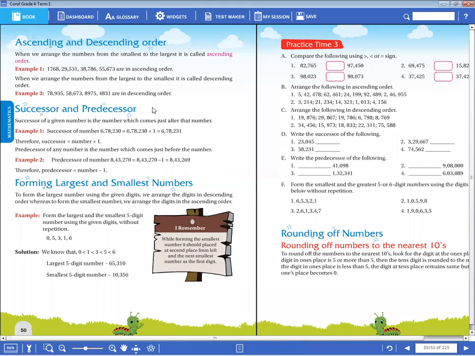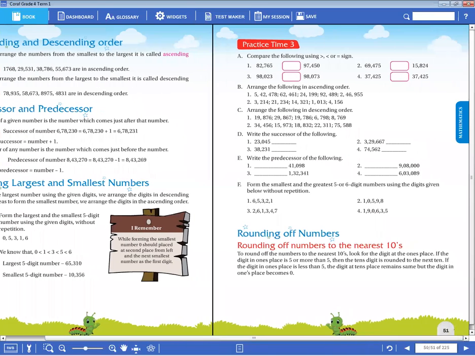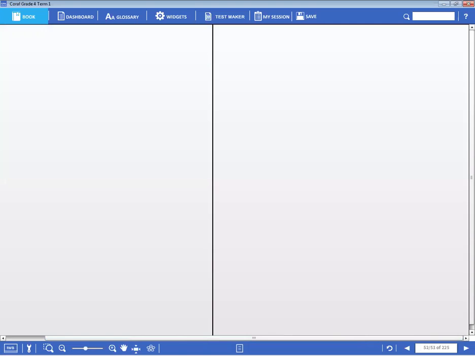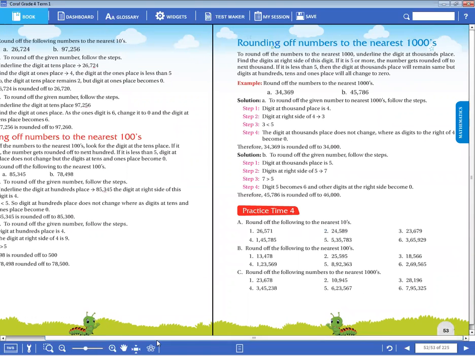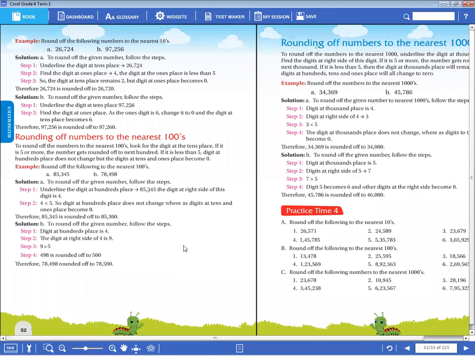Well done. Okay, now dear children, the predecessor and the successor we have completed, and today we can go to the rounding of numbers. What is that? Rounding of numbers. Now listen, dear children. How do you find the nearest tens and hundreds? So for example here,